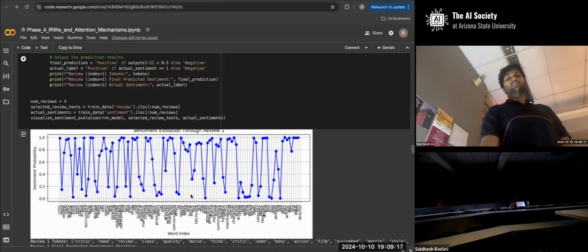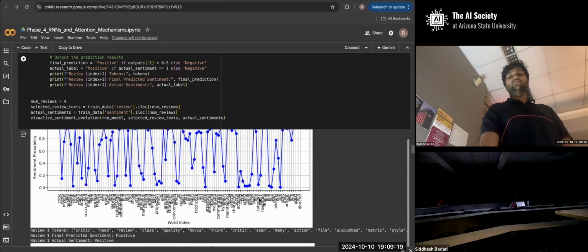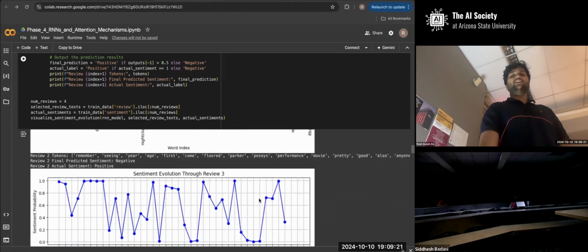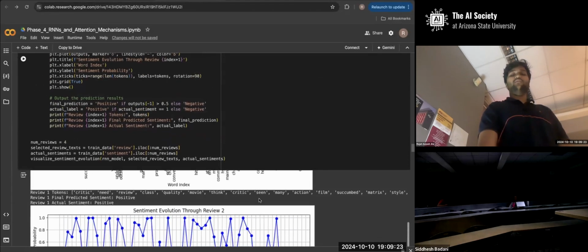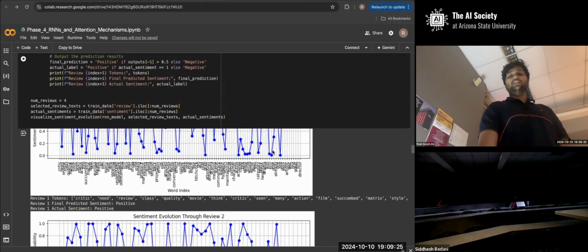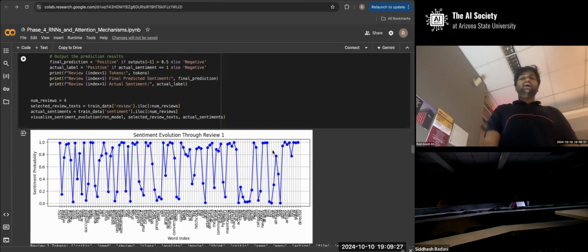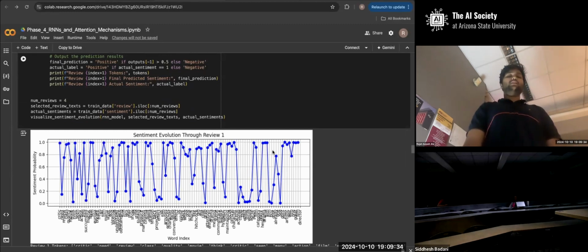Then it keeps predicting through the words. These are the 4 reviews that I have shown the output of, and it just keeps predicting word by word until the last word, and it takes the probability of all words into account to predict the sentiment of